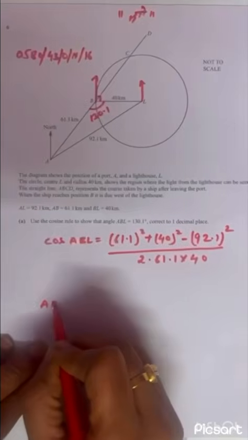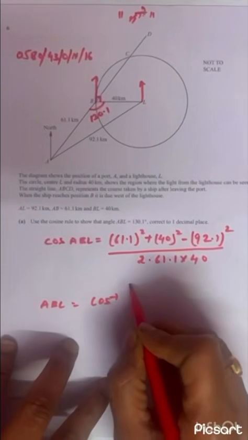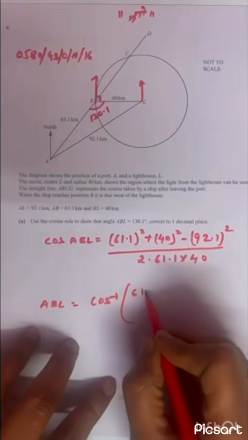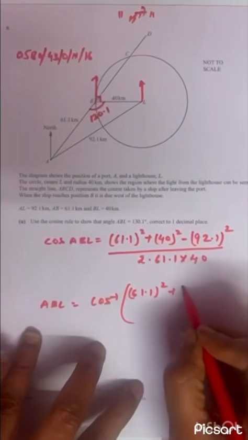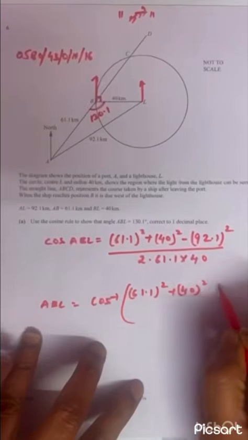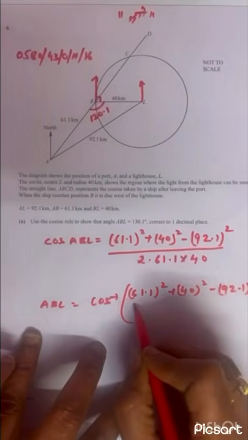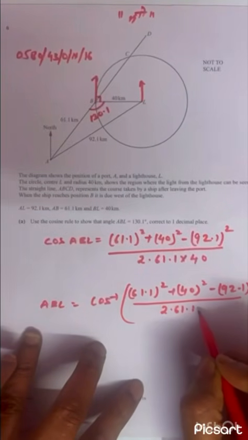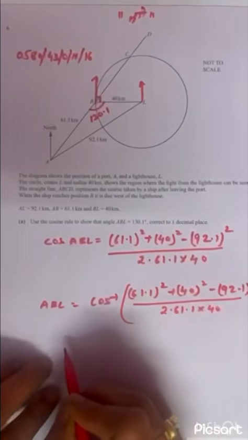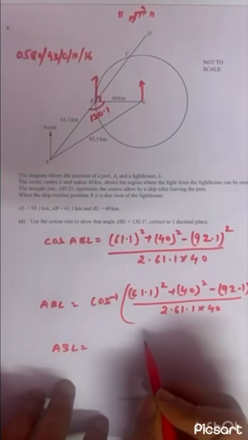So in this case ABL will be cos inverse of 61.1 whole square plus 40 whole square minus 92.1 whole square divided by 2 times 61.1 multiplied by 40. When I solve this, the angle I'll get on the calculator,